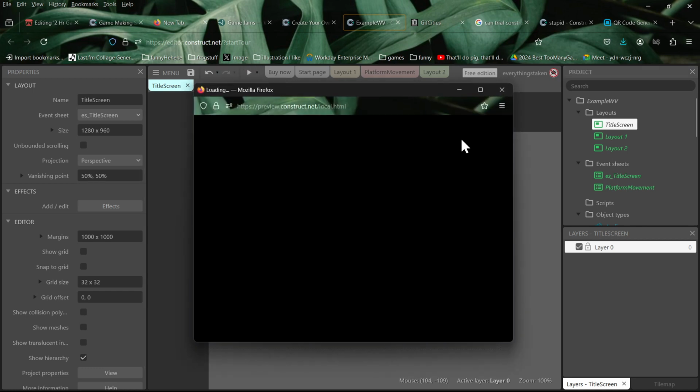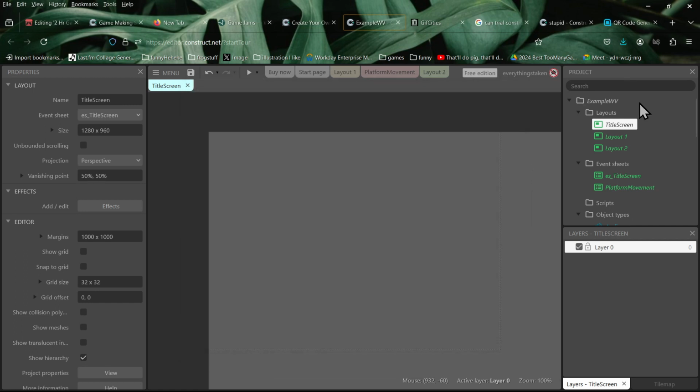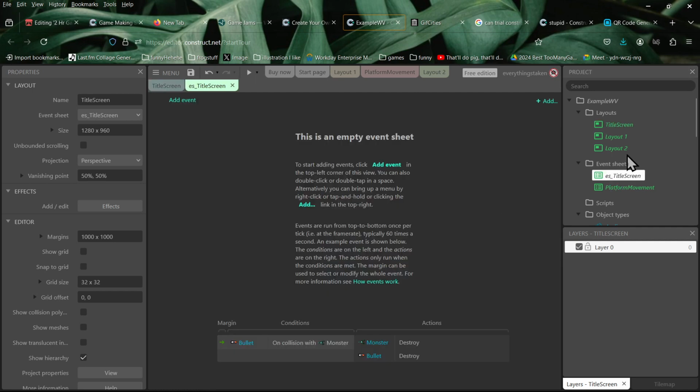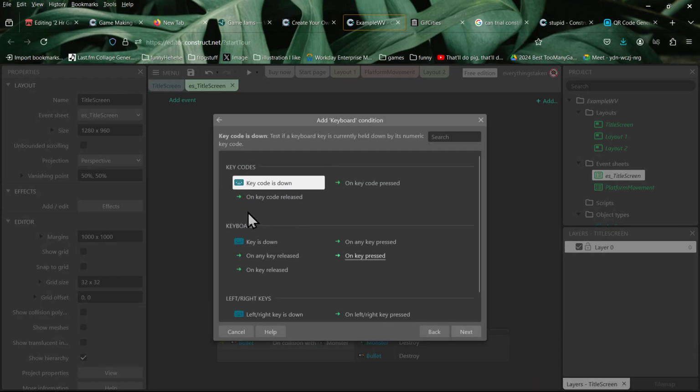So one thing to notice is if I click play, it's going to start with whatever is at the top. So if I want to mess around with that, I can. But let's just make it so being on the title screen takes me to one layout, like the start of the game. So all I'm going to do is add an event, a keyboard event.